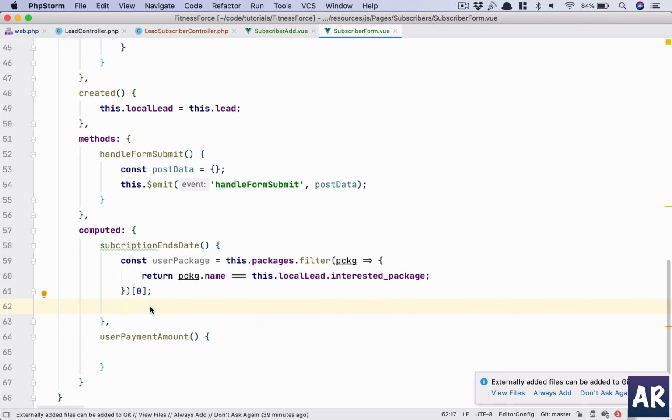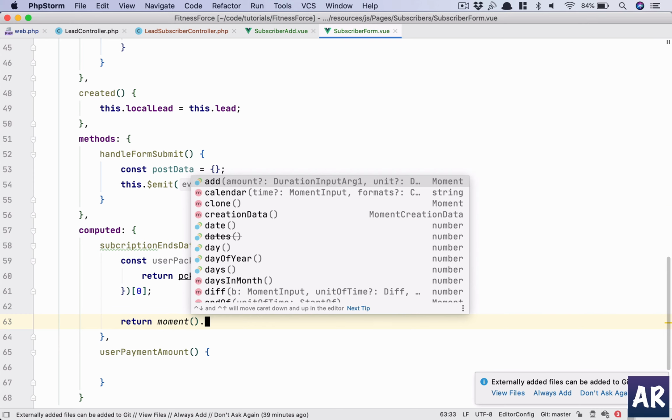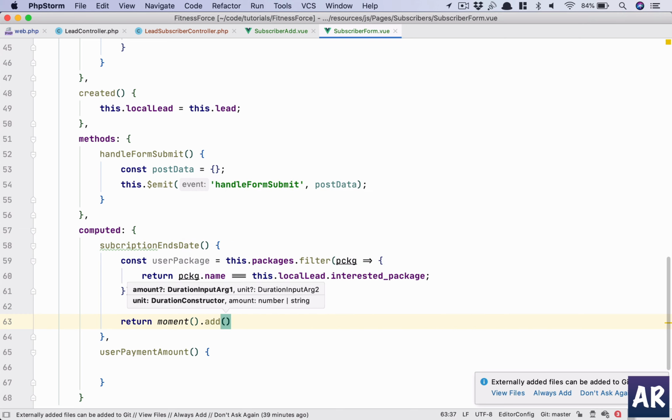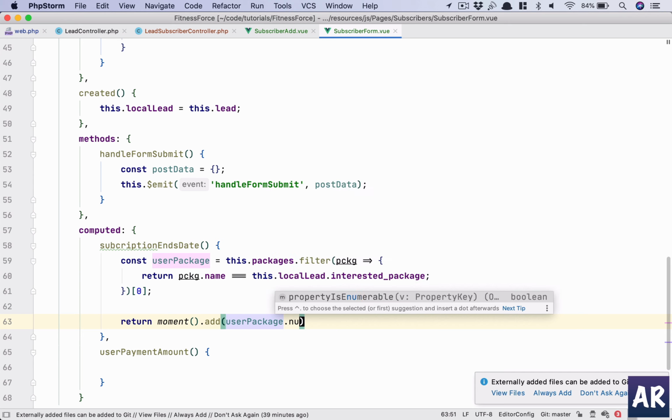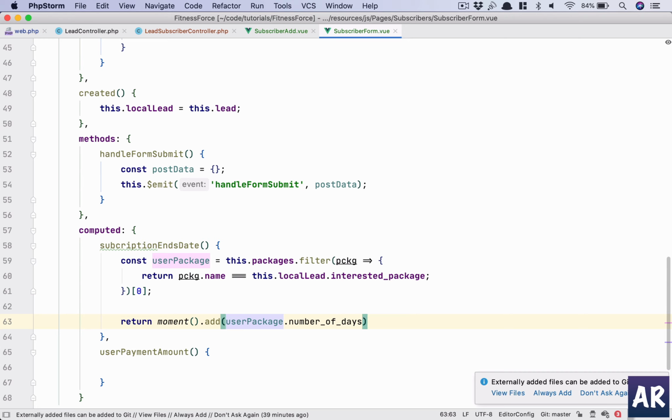From the user package, the first thing that we need to do is get the ends at date. So return moment. Okay, moment is a function, which is very similar to what we do with Carbon now. So moment will give me the current date and time. Then I add userPackage.numberOfDays. Okay, why don't I copy that? Okay, no, I don't have that. So number of days, that's the field inside the packages, and I'll say we need to add days,